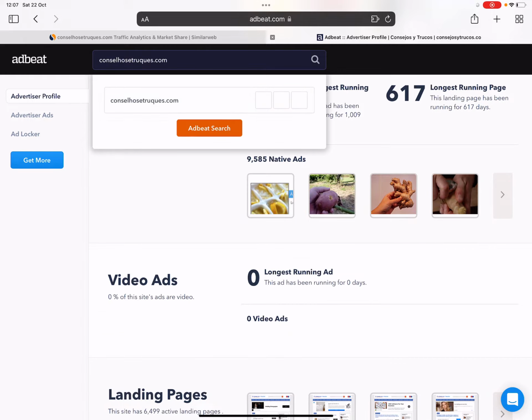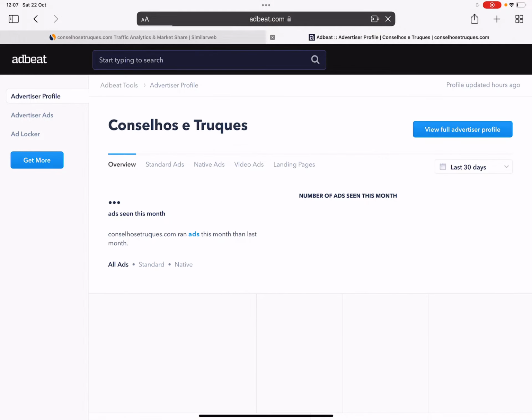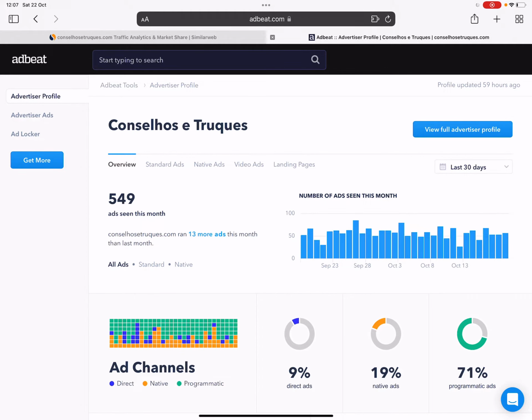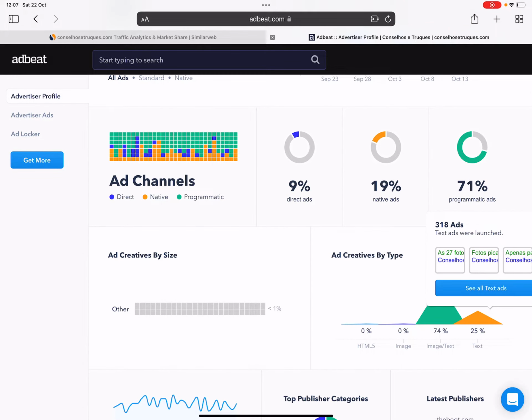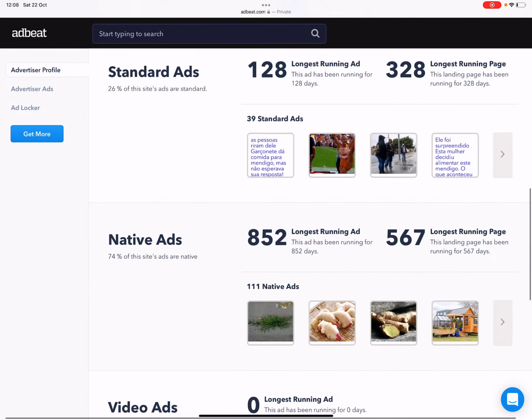Let's check out this site now. Let's see what it's doing, and what the capability of this website is, so we can add more and more revenue to our business and add more and more ads. So what you've got here is, again, 90% of these ads are native. So this one is at least getting 20%. Obviously, it doesn't necessarily work out like that. No, 74% of the ads are native. So it's huge. It's massive again.